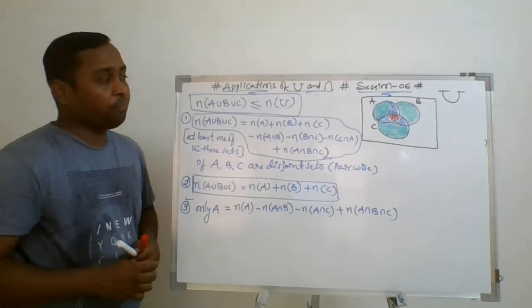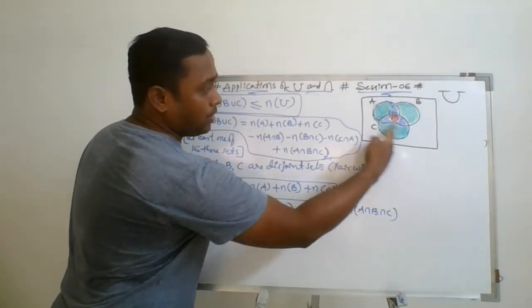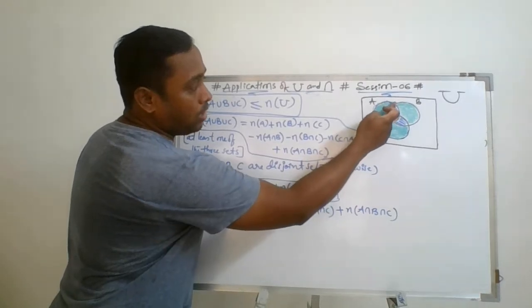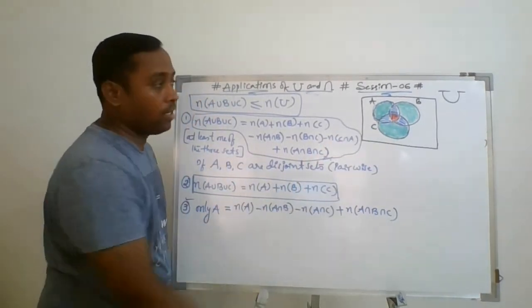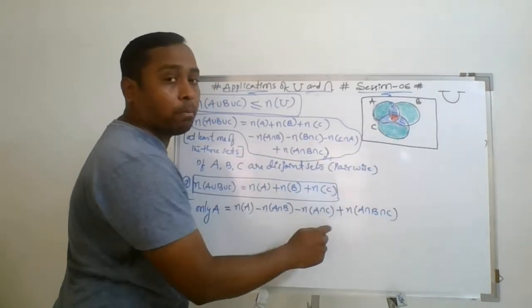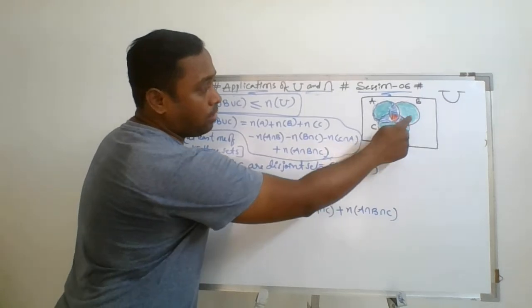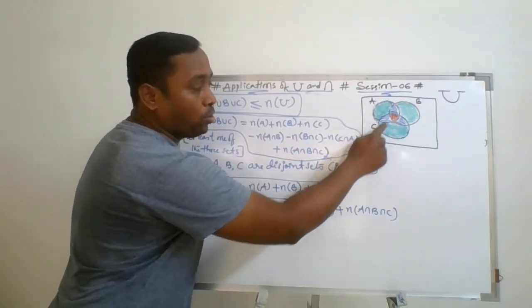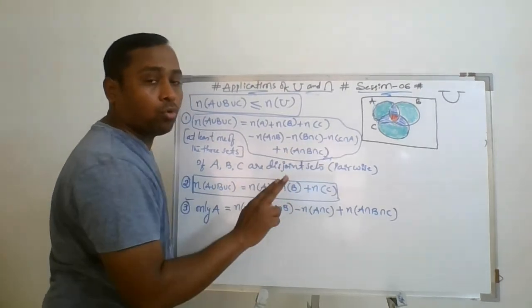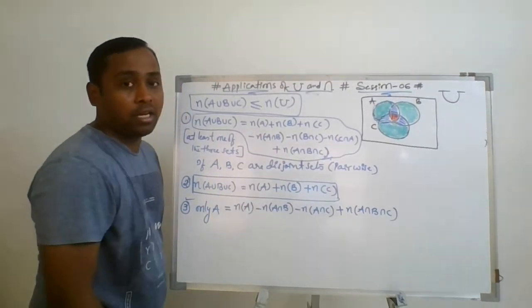लिए बोल सकते हो. सिंपल क्या करना है, अगर only B मुझे कहना है, B सर्कल में से फर्स्ट ये इंटरसेक्शन पोर्शन और ये इंटरसेक्शन पोर्शन हमें रिमूव करना है. So number of B minus number of A intersection B minus number of B intersection C, और ये कॉमन पोर्शन जो रेड पोर्शन हुआ वो दो बार रिमूव हो चुका है, इसलिए हमें क्या करना पड़ेगा, एक बार उसमें ऐड करना है बैलेंस के लिए.